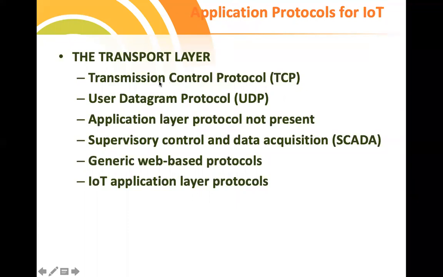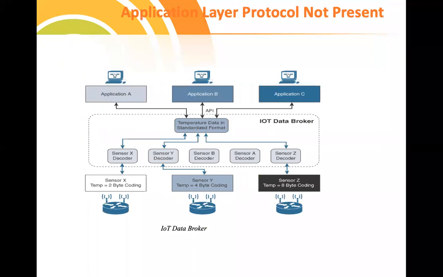So we are very much familiar with TCP and UDP. TCP is a connection-oriented protocol. So before transmitting the data, we must have an end-to-end connection in hand. Then only we can send the data. That is TCP. If it is UDP, based on the arrival of the packet, the particular node will decide which route to take, and it will send to the next node. The next node will decide to which node it has to send to reach the destination. That is UDP, a connectionless protocol. There is no dedicated connection before sending the data. We'll see the application layer protocol which is not present now.